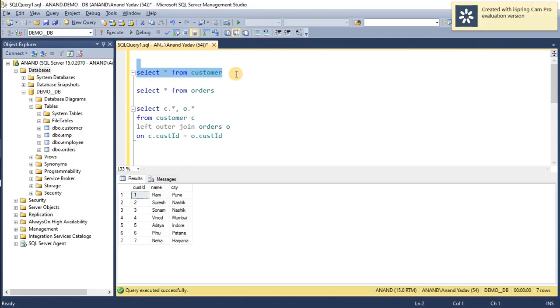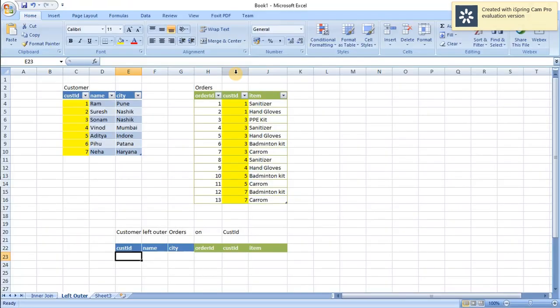So let's do the tracing method to see how it works. I have already copied the customer table and orders table and highlighted the common column, that is customer id in the customer table and customer id in the orders table. Whenever we use a left outer join, our left table is customer, so all entries of the customer table should be in the output, whether they are present in the orders table or not.